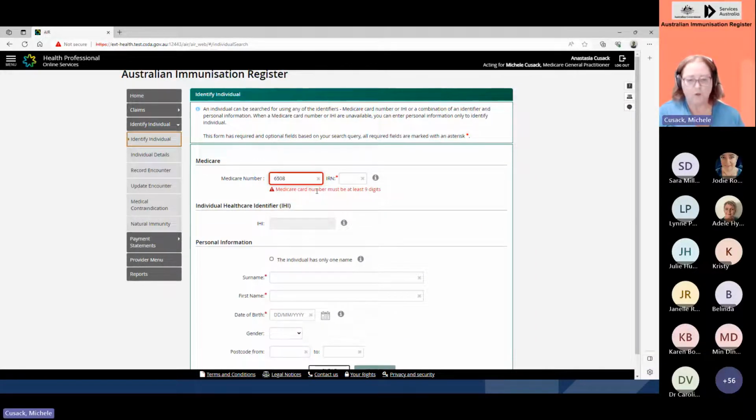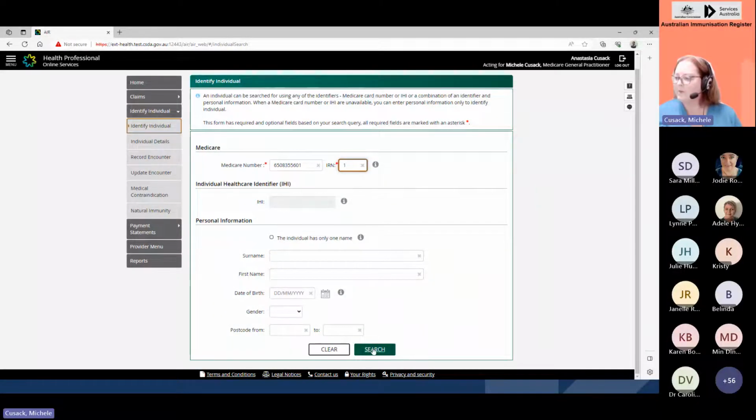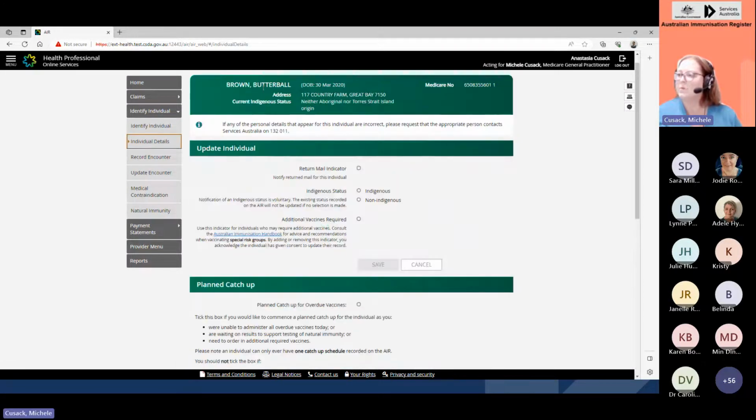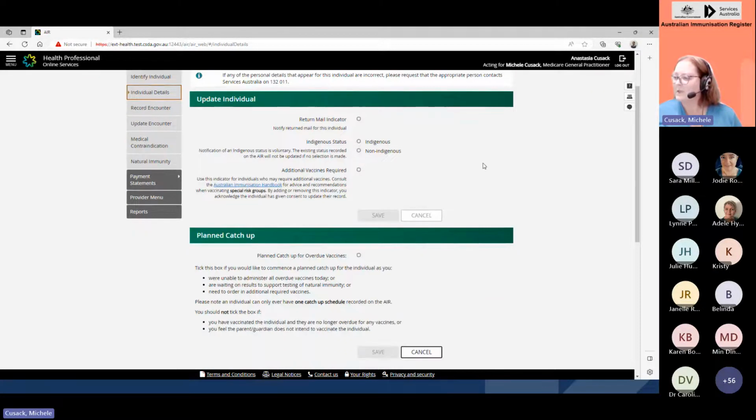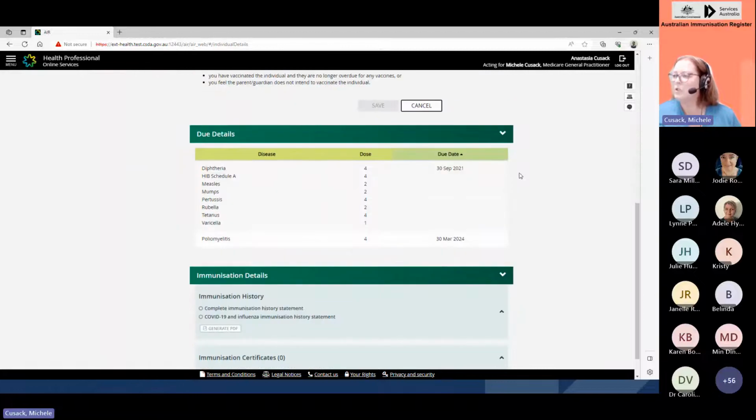for doing a catch up. So I've got a Medicare number for this patient. Okay, so this is the one patient here, Butterball Brown, and the Medicare number. Have a look at the details. Now, we obviously don't have a catch up in place because, of course, you can only ever have the one. Just come on down here to the due details, and you can see we are overdue for quite